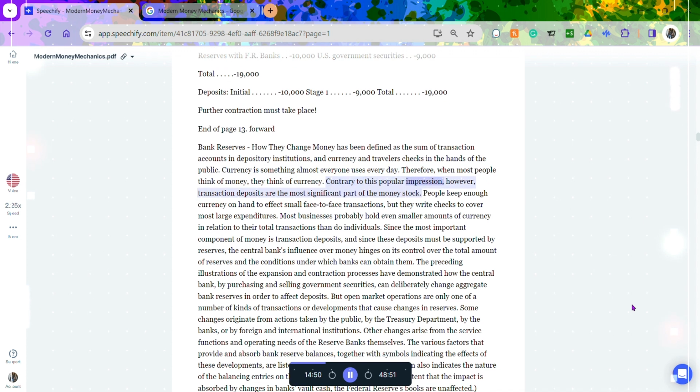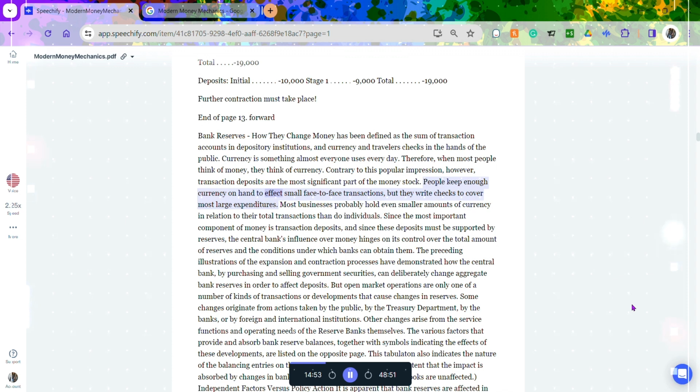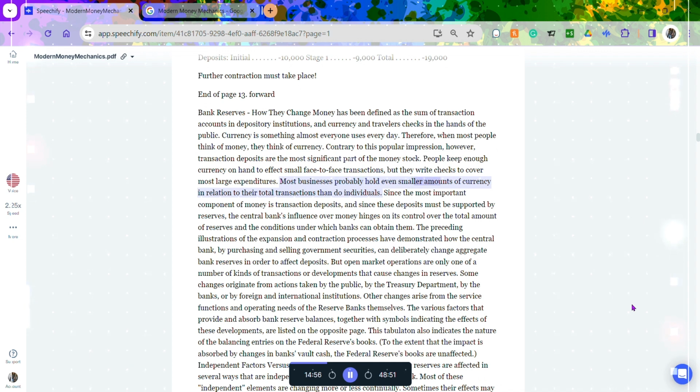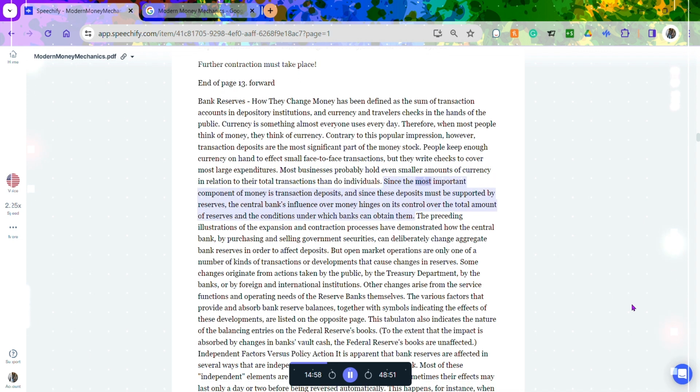Contrary to this popular impression, however, transaction deposits are the most significant part of the money stock. People keep enough currency on hand to effect small face-to-face transactions, but they write checks to cover most large expenditures. Most businesses probably hold even smaller amounts of currency in relation to their total transactions than do individuals. Since the most important component of money is transaction deposits, and since these deposits must be supported by reserves, the